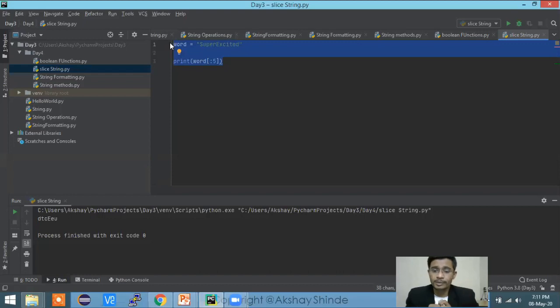Now, what is the use of this email slicing? See, in industries, when a big company, let's take the example of Google or Facebook, they do not ask you for all your details.